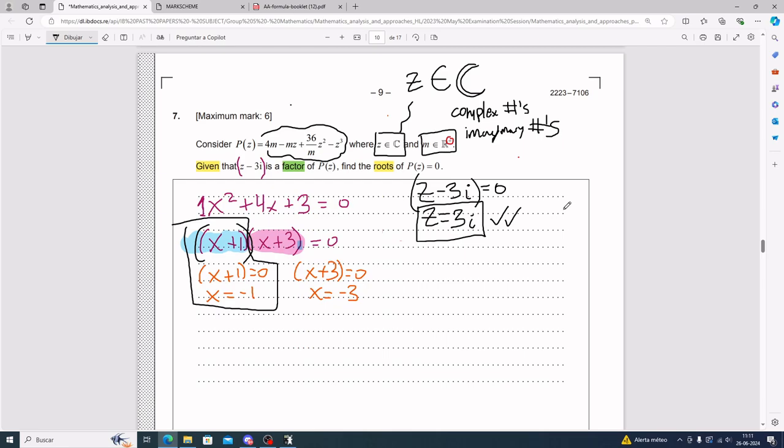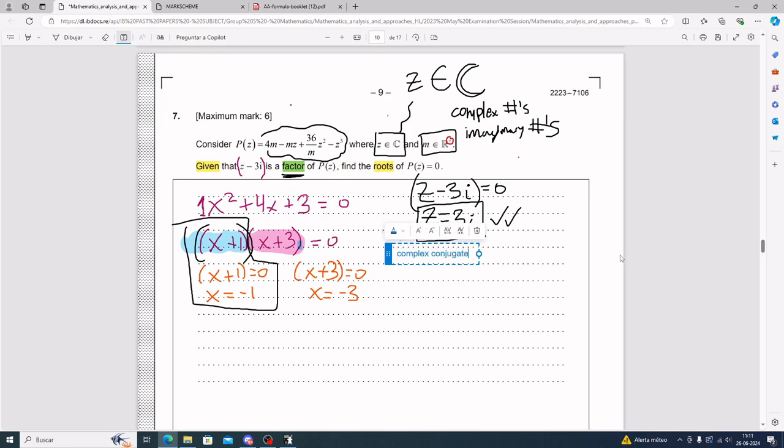And your other roots, and here's a big trust-me sort of energy. I'll try to explain it in a second, but really it's a trust-me sort of energy. So if you have complex numbers and one of your factors, one of your parentheses, is z minus 3i, then the complex